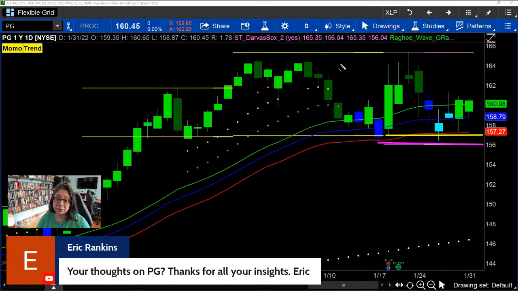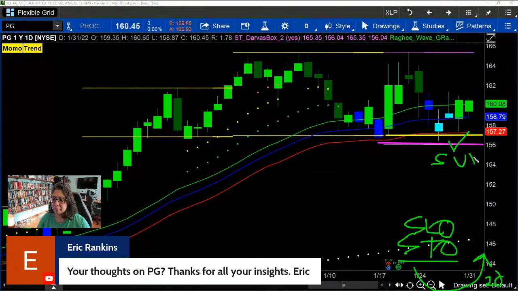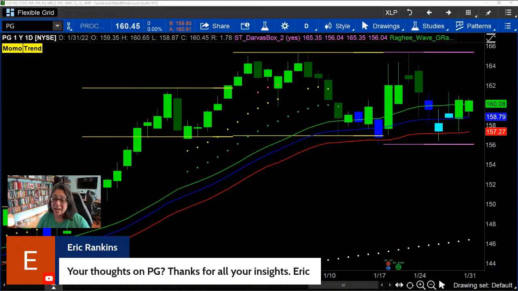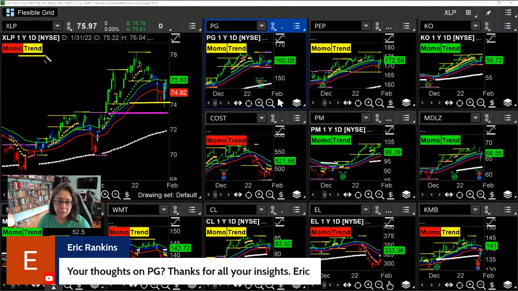Okay. And then this is a great place where, if you look at the bottom of the chart and you have your slow stochastic, this is where you want it down by the 20, giving confirmation that this is indeed support. Okay. So that's what I think of Procter & Gamble, but please prioritize the dips and the double greens in the bullish trend, bullish momentum first. But I like Procter & Gamble off that Darvas zone, probably better than I like XLP off a somewhat more volatile but similar Darvas zone in a neutral market trend. Okay, so thanks for the question.